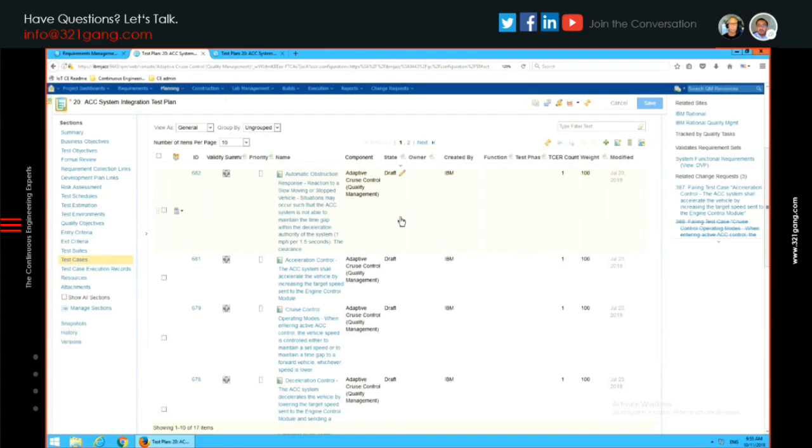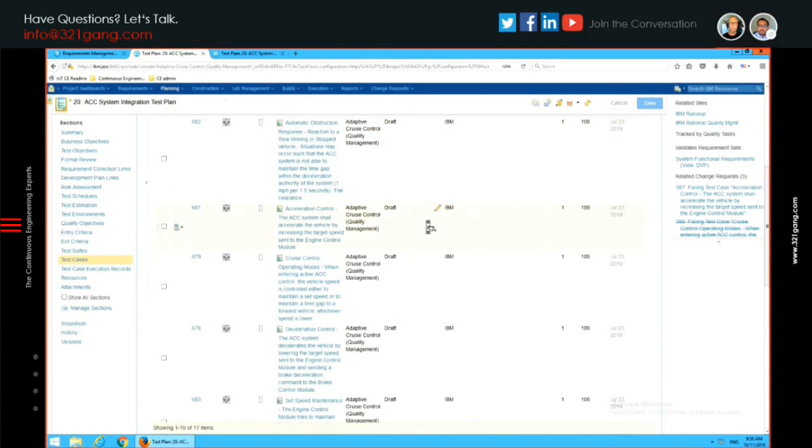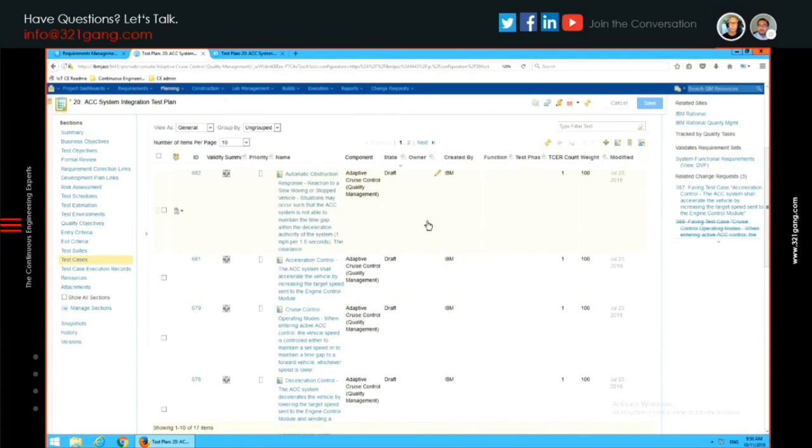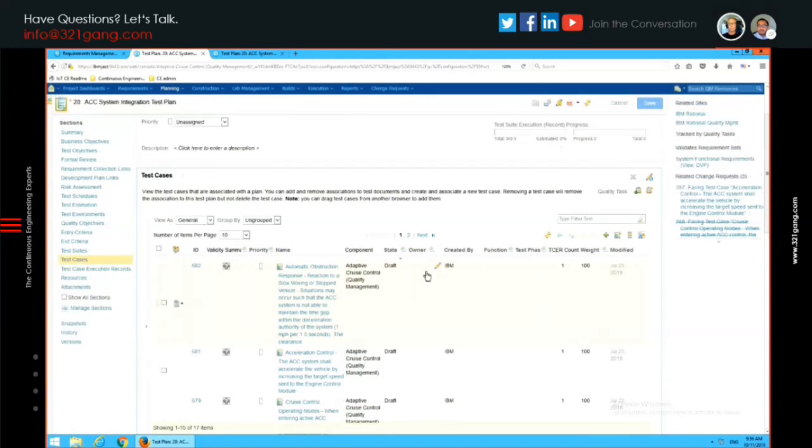Maybe a test case is used for the system test, but maybe there's an integration test plan also where we want to do integration and we're going to reuse the same exact test case. So when it automatically creates a test case for a requirement, you call it a stub, so somebody then has to go in and define what that test really is, right? Exactly. The idea is just that there's now one created and you can't move on until it's created, passes, and gets approved.